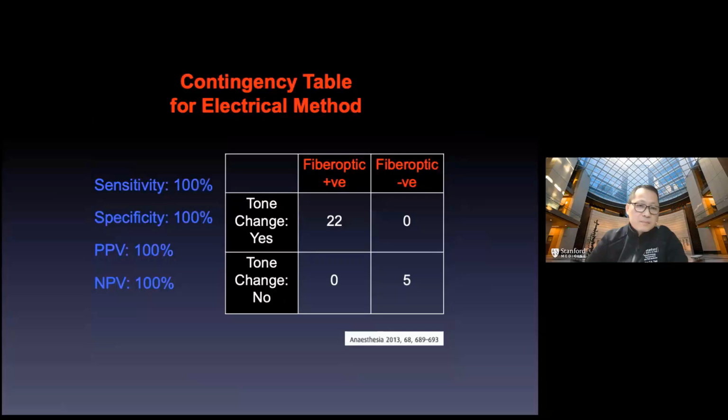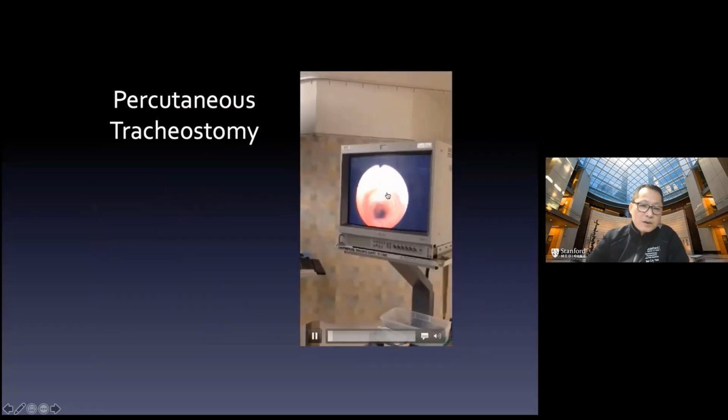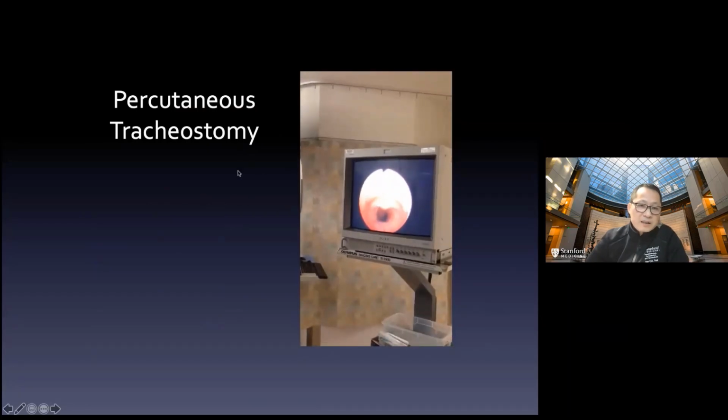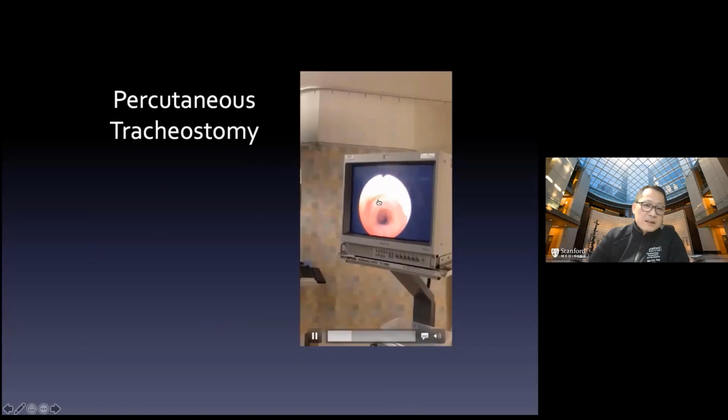Using this method, we had a group of residents perform it, and the sensitivity with this one is 100%. We're also using this in the ICU to place the needle to do the percutaneous tracheostomy. But obviously, in this controlled situation, we have the fiber optic in place in a real patient,